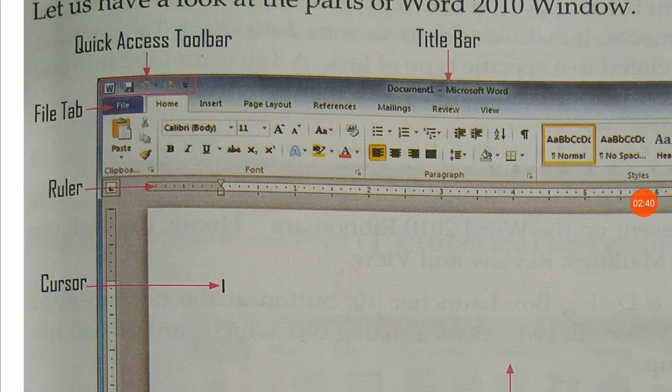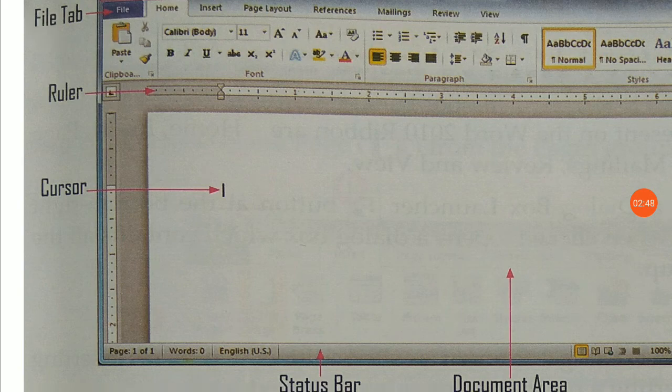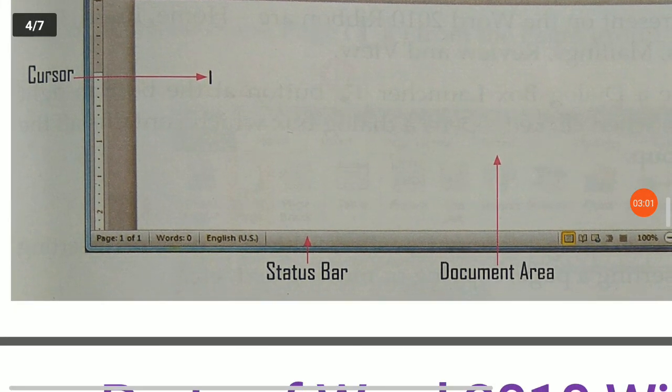and bottom of the quick access toolbar there is a file tab, and there is a ruler at the top and left side of the window. In this page you can see a black vertical line that is called cursor. At the bottom you can see status bar.